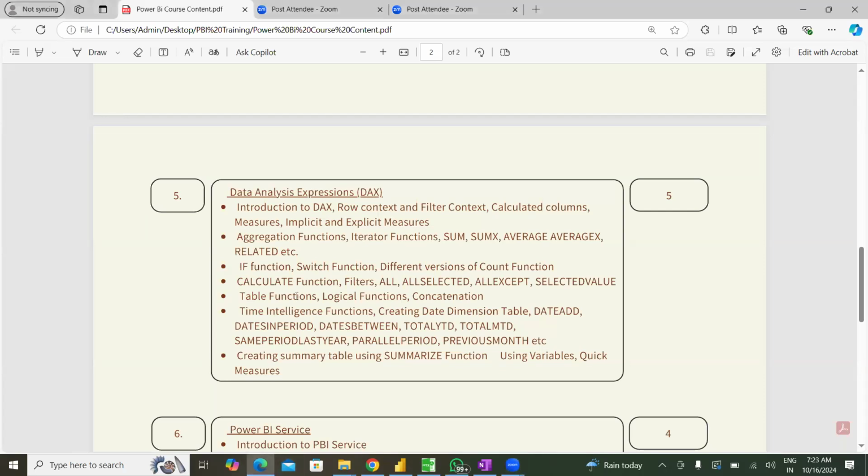So we were talking about the DAX part. Okay, so we'll try to understand the difference between the calculated columns, the measures, and the basic syntax involved while creating DAX formulae. And then we'll try to understand the different kinds of operators and functions that are available within DAX for us to create calculated columns and measures. For example, the aggregate functions like sum, sumx, then average, max, min. These are the basic functions that we'll start with, and then we'll move on to some of the